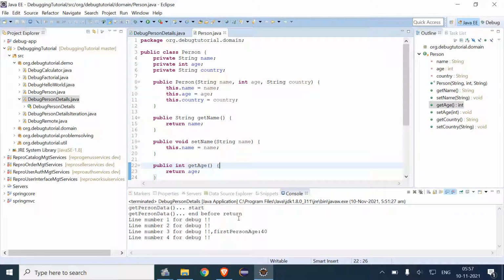So the next is run to line. It is another type of navigation feature.